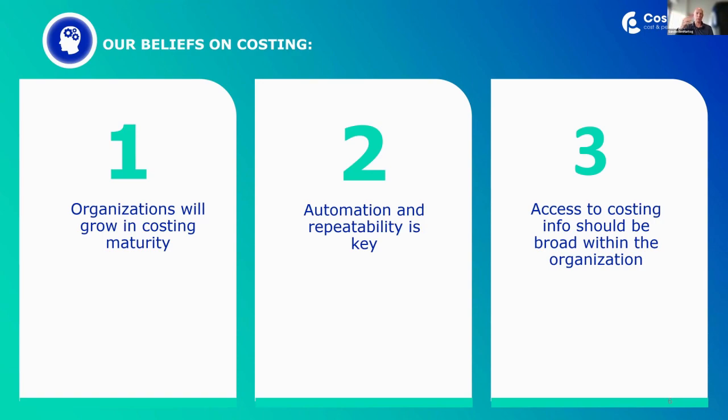And there's a beautiful article by Gary Cokins on maturity levels. But one of the maturity levels that we really see is that they would start out by pushing cost from their cost all the way down to their products and services. And then at a later stage of maturity, they make it the other way around and think of volumes of their product and service that would actually drive their cost. So instead of pushing the cost down, it's pulling the cost through that model. That's one of the maturity steps.